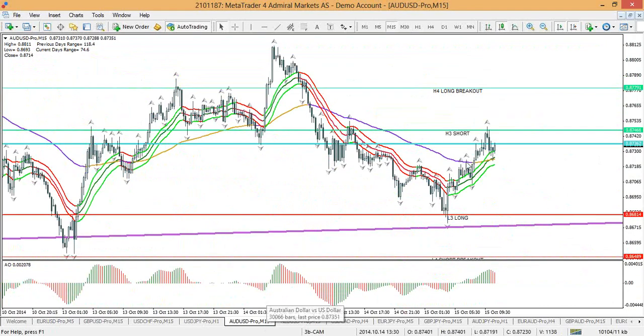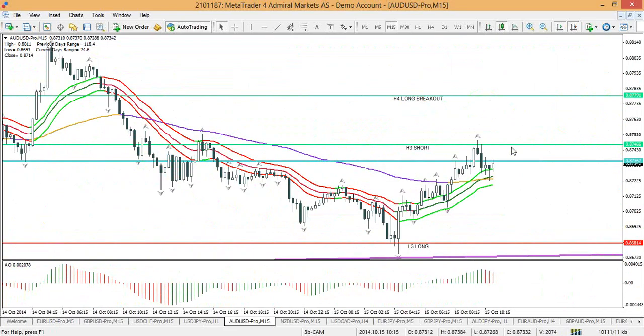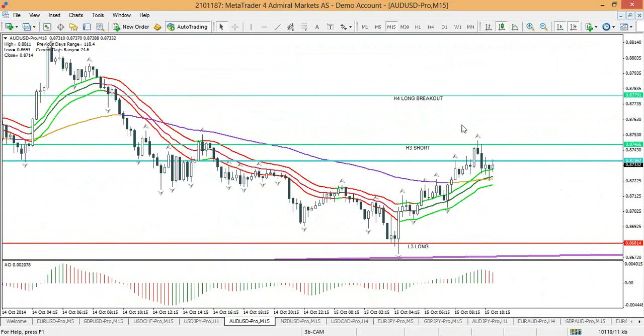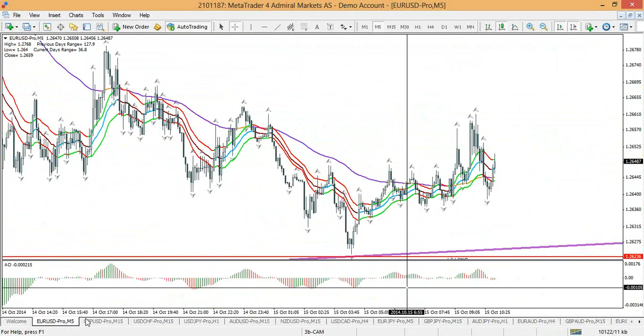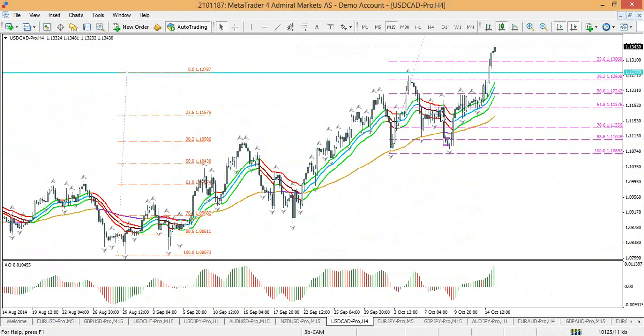Aussie looks more like a bearish turning spot, H3, but moving averages are bullish, so I want to be cautious that this is not a bounce spot. In fact, if the euro dollar goes up and the pound dollar goes up to H3, which it doesn't look like at the moment, I want to be careful of the bearishness here. So maybe sitting on the fence with the Aussie at the moment. Euro more bullish, pound more bearish, dollar CAD bullish,